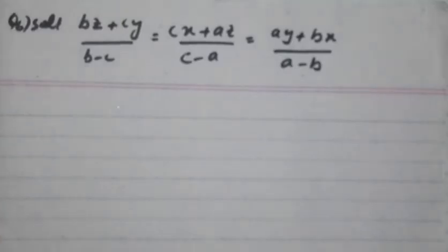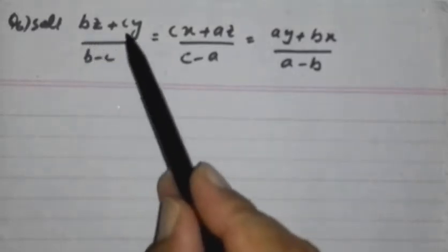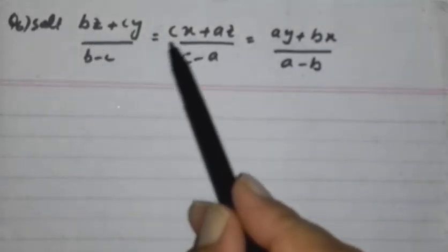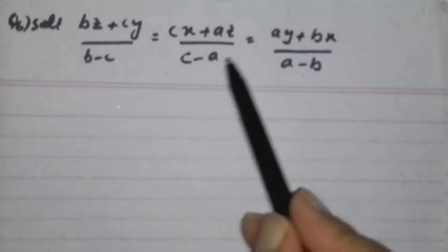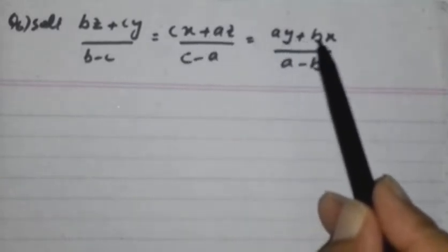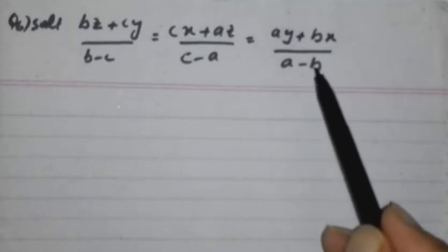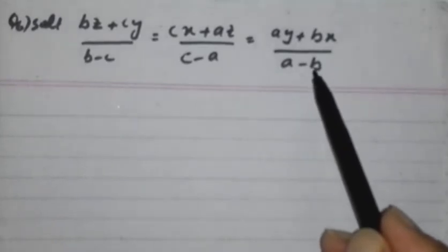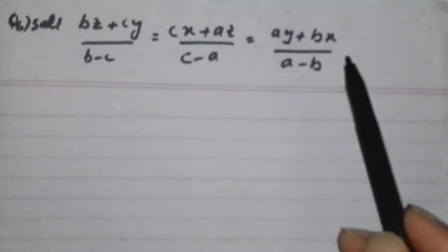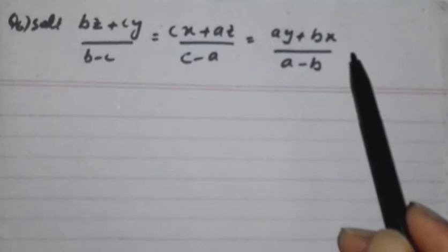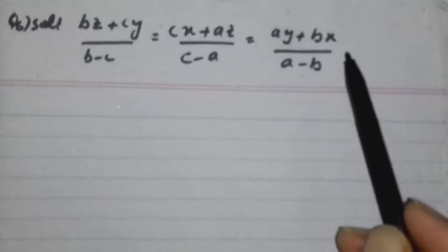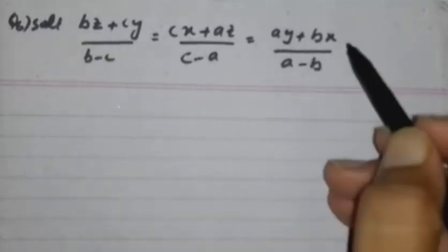Bismillahirrahmanirrahim. Question number 6. If (bz + cy)/(b − c) = (cx + az)/(c − a) = (ay + bx)/(a − b), then (a + b + c)(x + y + z) = ax + by + cz, we have to prove. For this, let